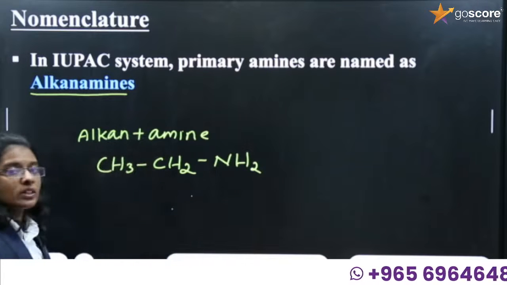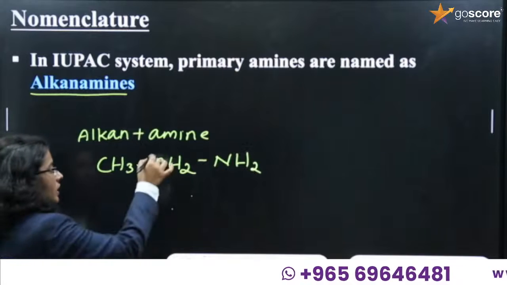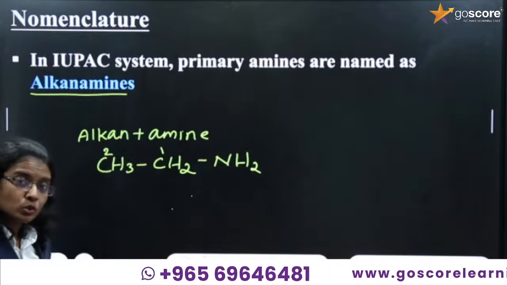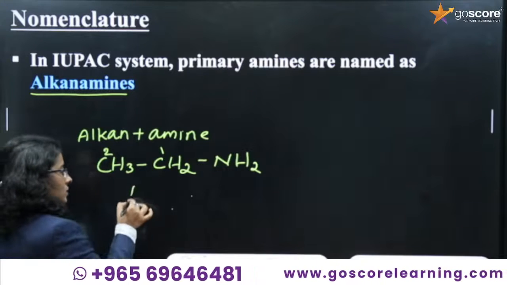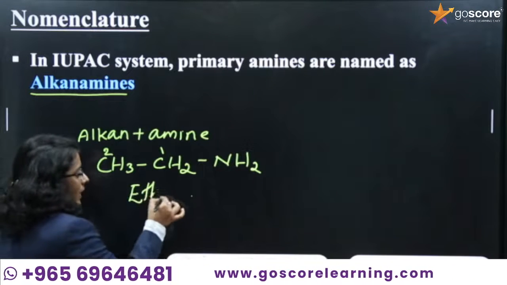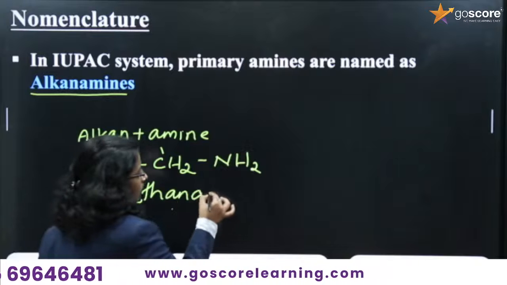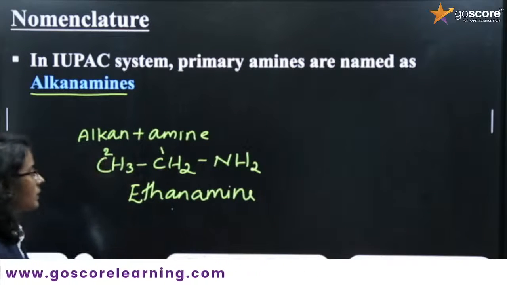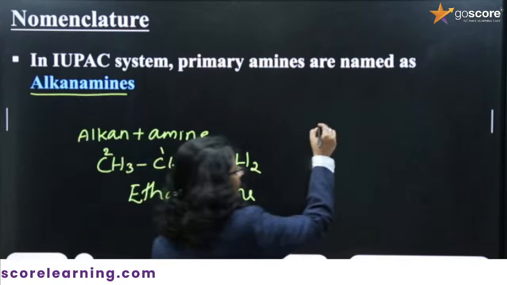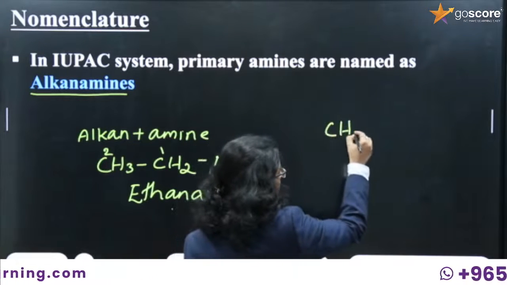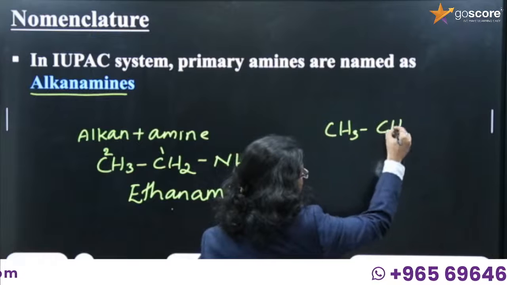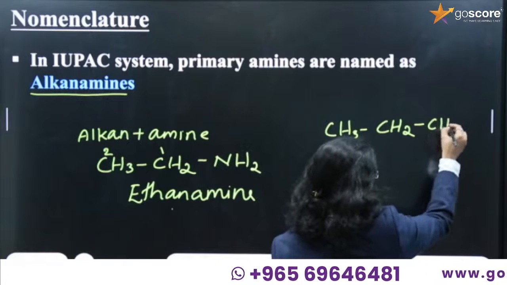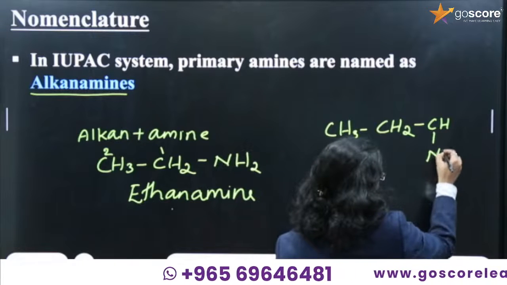First, you have to count the number of carbon atoms. How many carbon atoms? 1, 2. Two carbon atoms. If it is 2, we call it eth. So, ethanamine. The IUPAC naming will be ethanamine. Is it clear for you? Okay. Next example is CH3, CH2, CH, NH2,